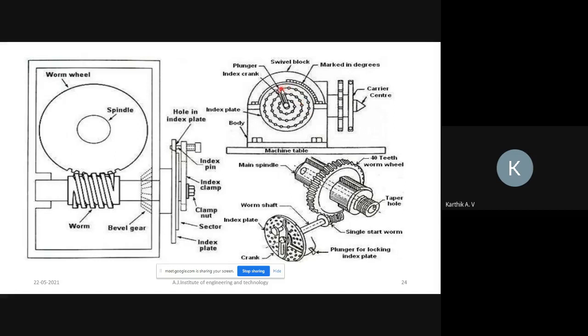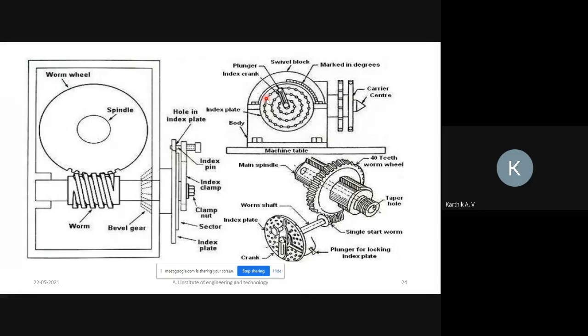So this is the actual initial position. From this position you rotate one full rotation, fix it here and count 9 holes, 1 2 3 4 5 6 7 8 9, and fix the crank here. That is nothing but one division in the workpiece. So the second division, how to create? Initial position, one full rotation and come back to the original position. Then count 9 holes, 1 2 3 4 5 6 7 8 9. So the second division is over.